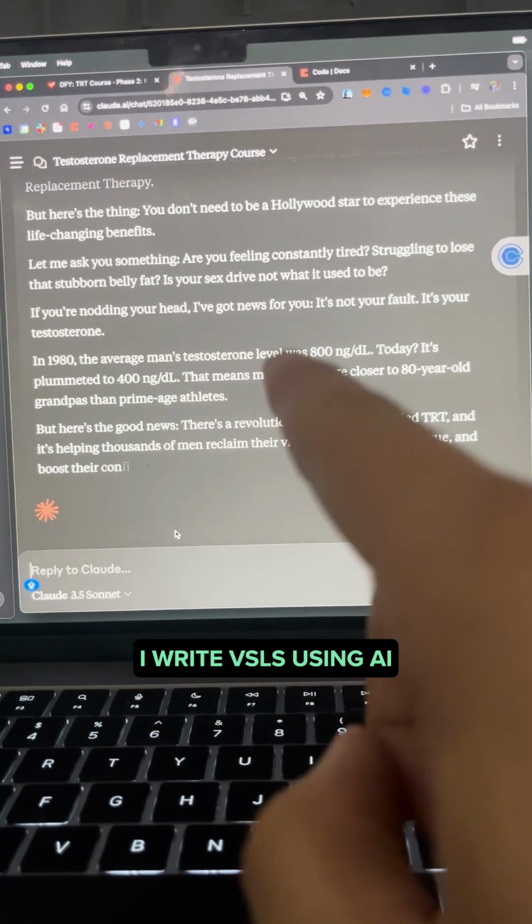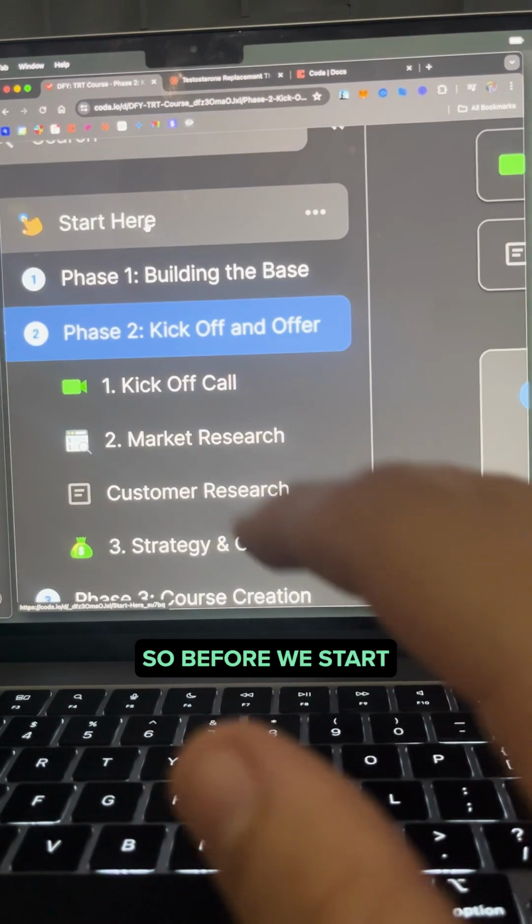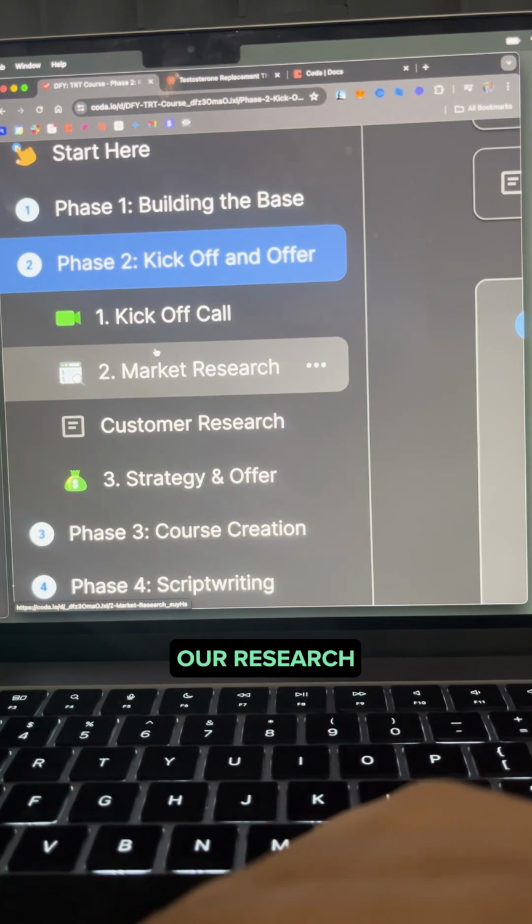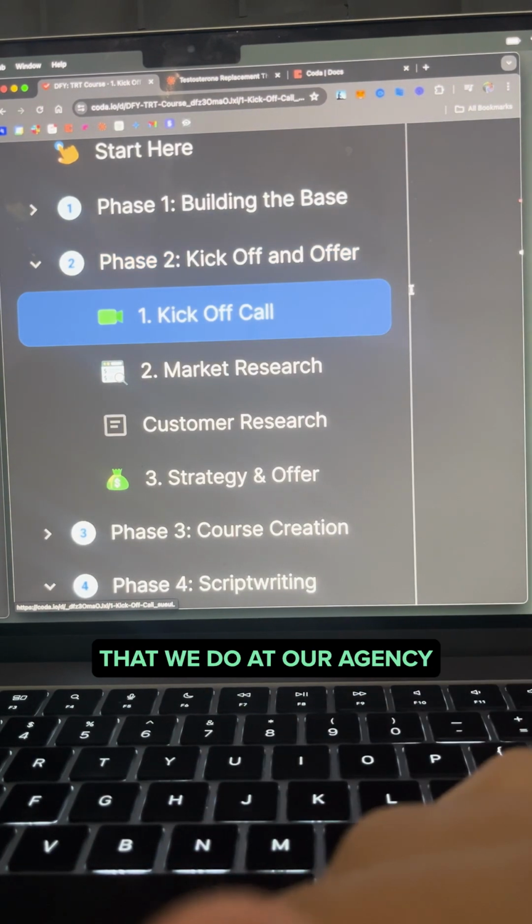Okay, so this is how I write VSLs using AI. Before we start writing the VSL or getting AI to do it, we have to make sure that we have our research. So the first thing that we do at our agency when we work with courses is